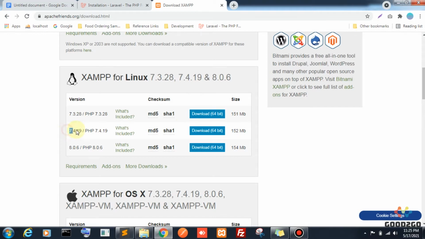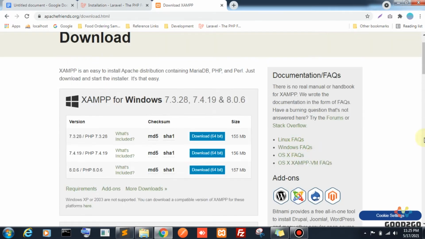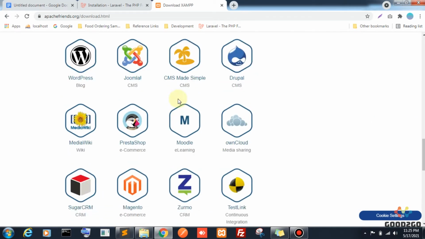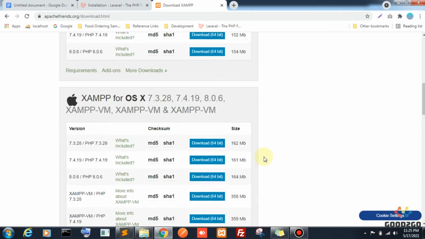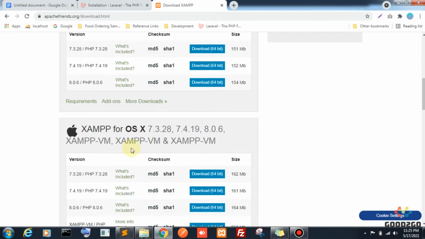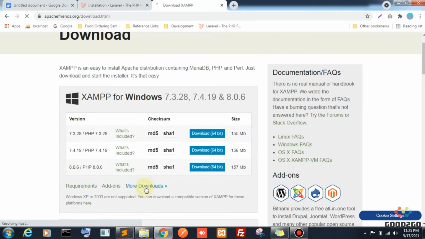See, this XAMPP version is 7.4.19. Here we have the Windows version, and we have more download links.